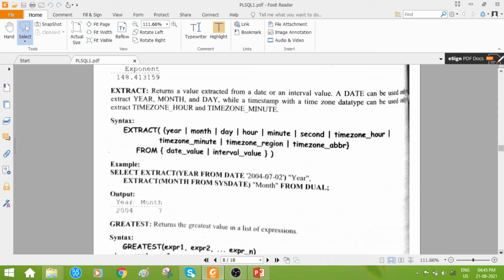Okay, so you can achieve that with the help of the extract function. Example or syntax you can find here, students. Extract within parenthesis, see these are all options.